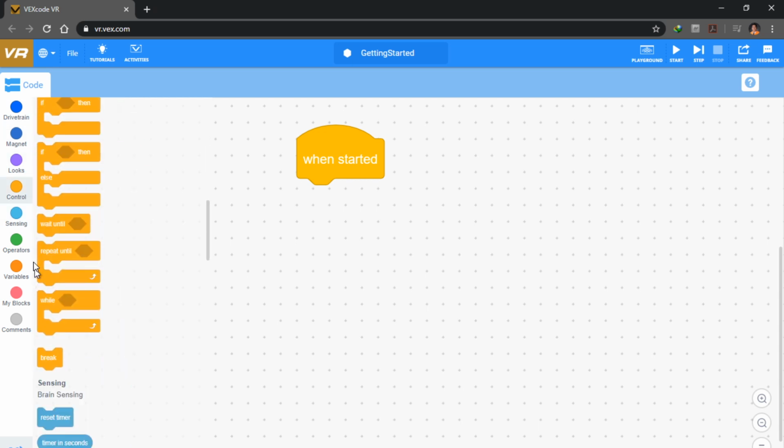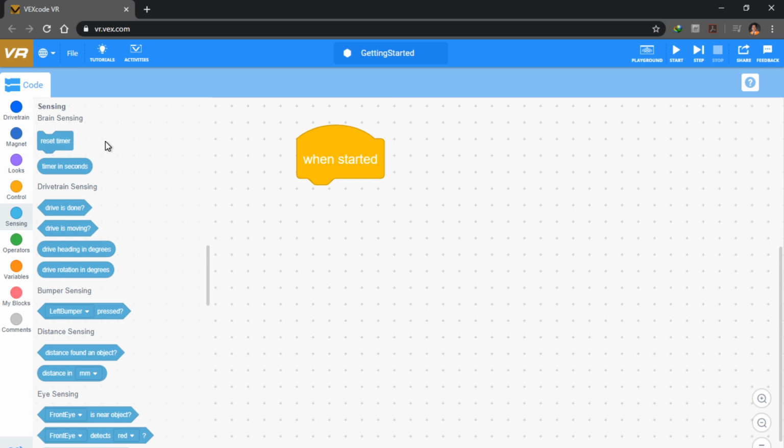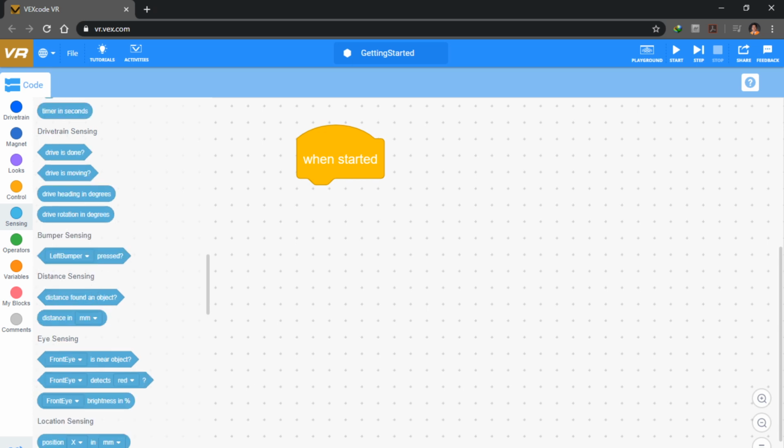So basically, for the brain sensing, it uses the timer of the brain. The drivetrain sensing can be used with controls that utilize hexagonal spaces and circular spaces. For this one, drive is done, drive is moving, drive heading in degrees, drive rotation in degrees. And then we have also on the left side